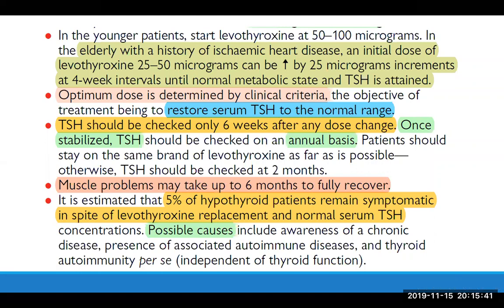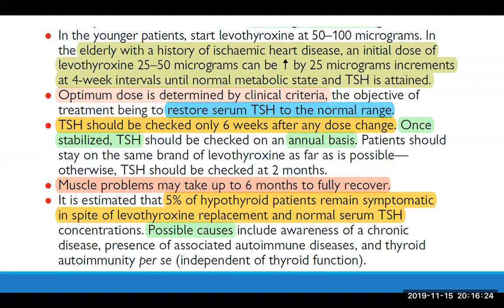But of course, if the patient's weight is increased or decreased, you must check TSH. If there is a pregnancy, you must check TSH. If there is a change in the form, for example, in Egypt, we have two generic forms of levothyroxine. We have Eltroxine by Aspen, and another one by Merck, Euthyrox. If the patient is already on a brand name from some company, and this drug is not available, and he takes another one from another company, he must do another TSH 4 to 6 weeks after changing his form.